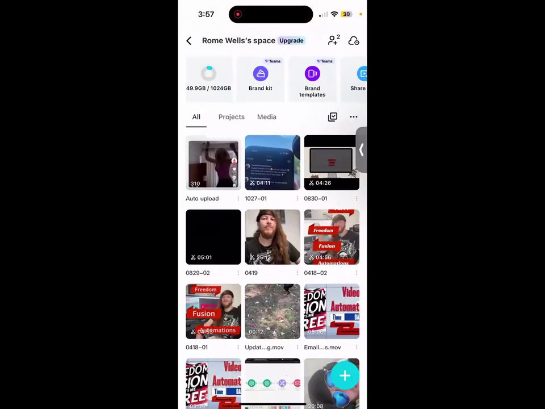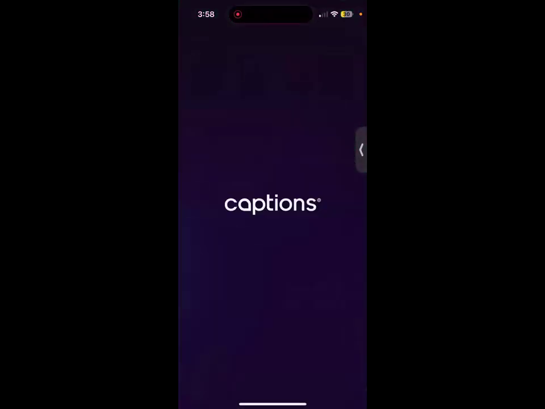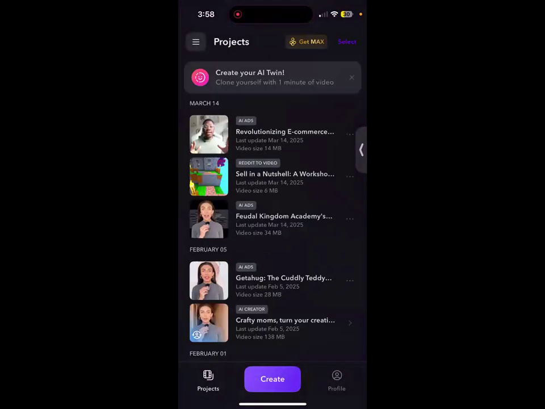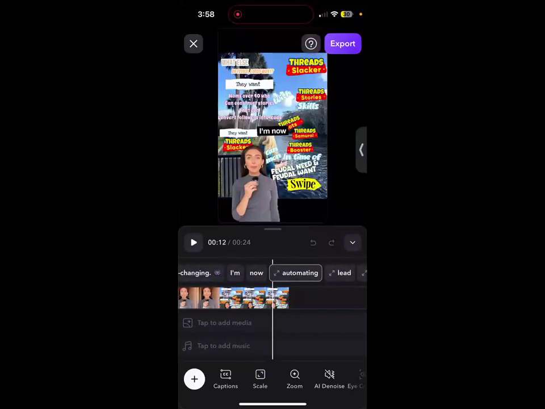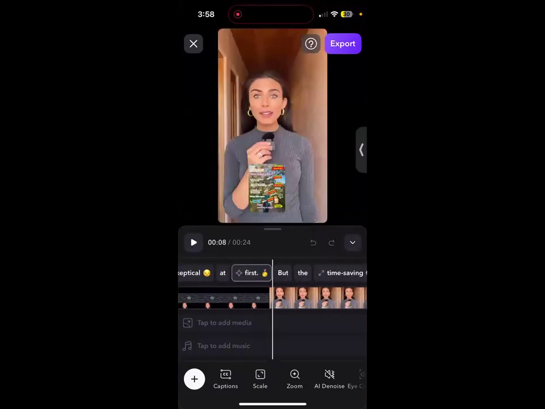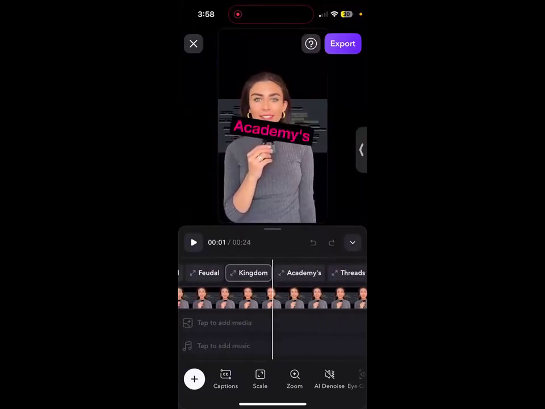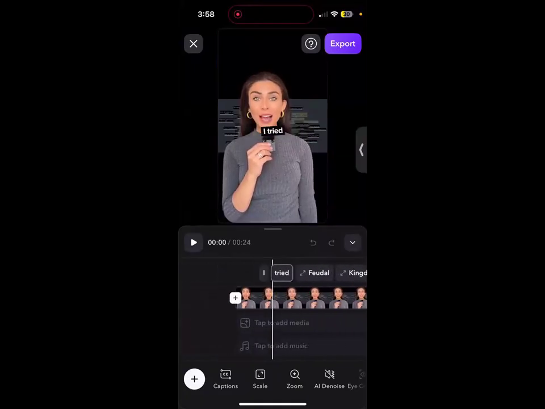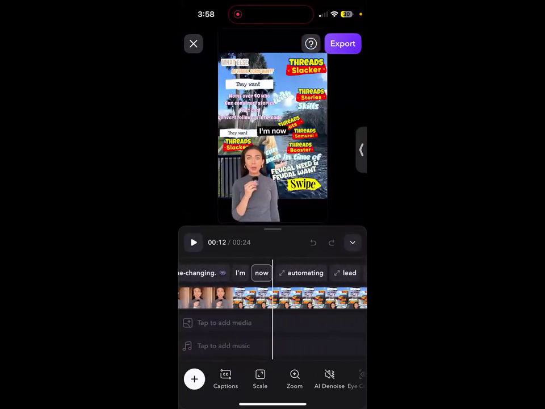By the way, another thing you definitely want to do is have CapCut. This is a tech stack you want to have. You want to have CapCut. You want to have Captions, which is this tool over here. Captions will help you literally destroy your competition, between CapCut and Captions. This is where I create incredible videos with avatars, for example, and the avatar does the talking for you. You just create a couple of videos like this, and you get the avatar. You export the video, and by the way, this avatar was created automatically, talking about my products, my threads, my digital products.